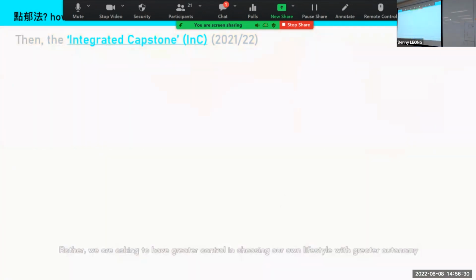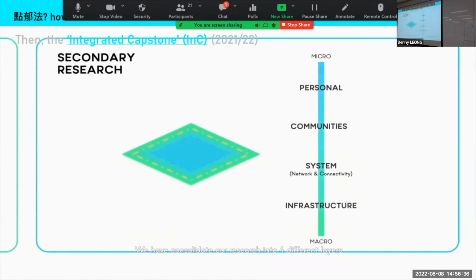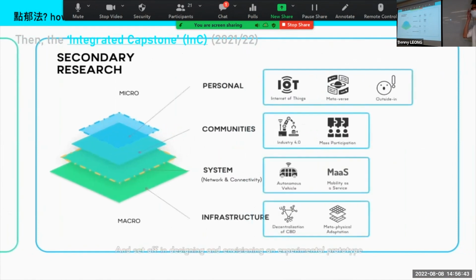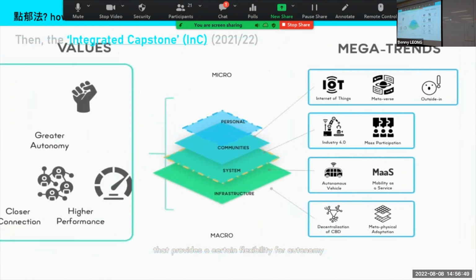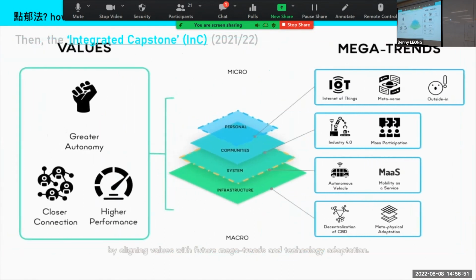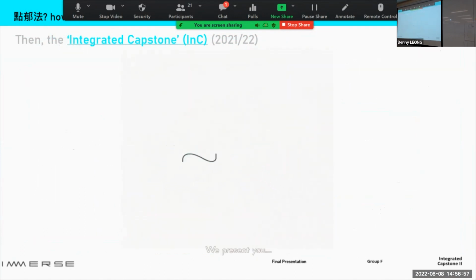Rather, we are asking to have greater control in choosing our own lifestyle with greater autonomy. We've consolidated our research into 4 different layers, from micro to macro. Instead, designing and envisioning an experimental prototype that provides a certain flexibility for autonomy by aligning values with future megatrends and technology adaptation, we present you the answer.